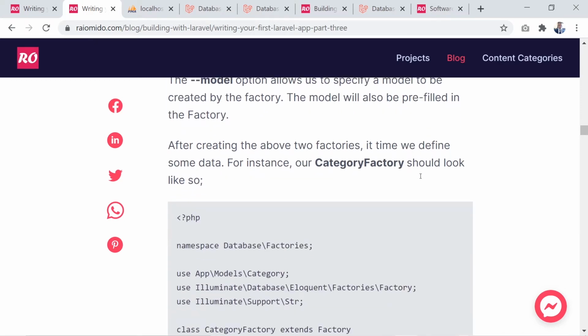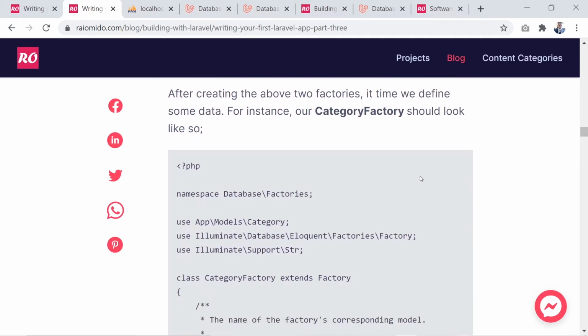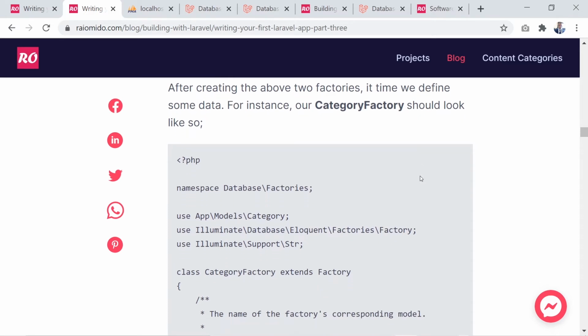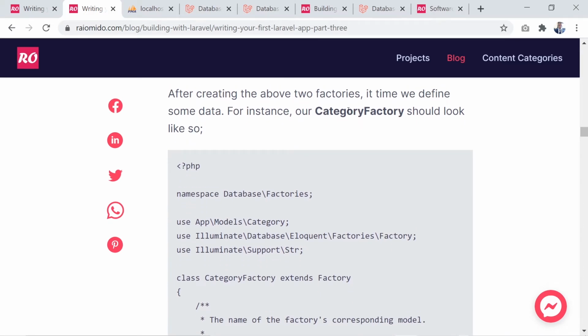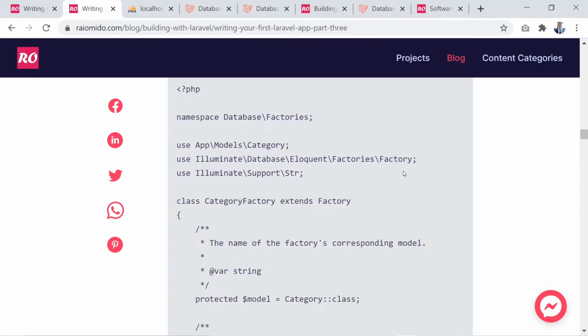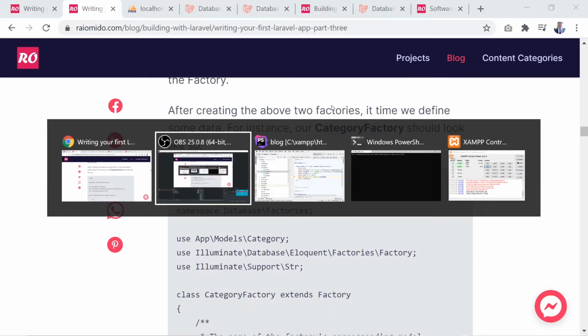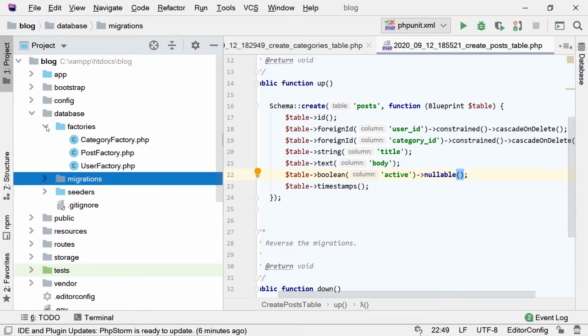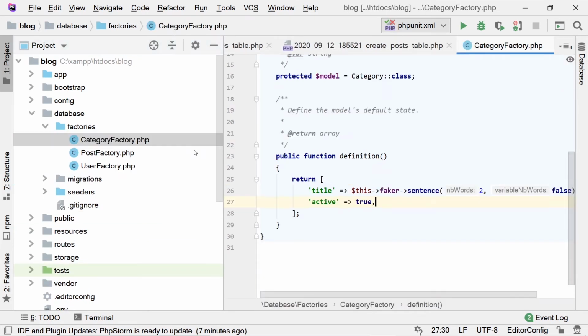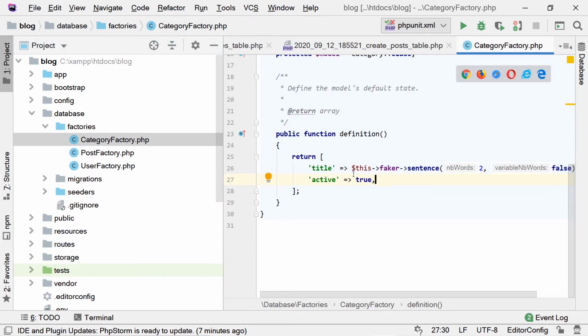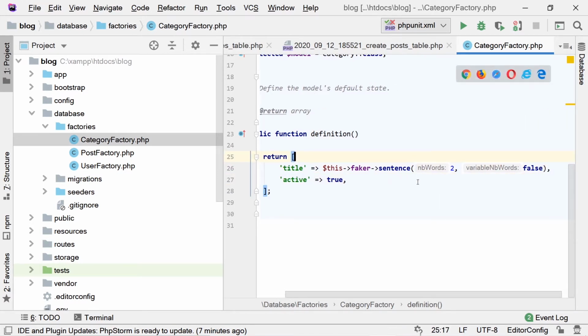Cool. So now after creating the above two factories, it's time we define some data. So for instance, the content category factory should look like so. If I go to database factories, we can check our category factory. As you can see, we have the title and the active, so we don't need the ID because that is inserted in the database